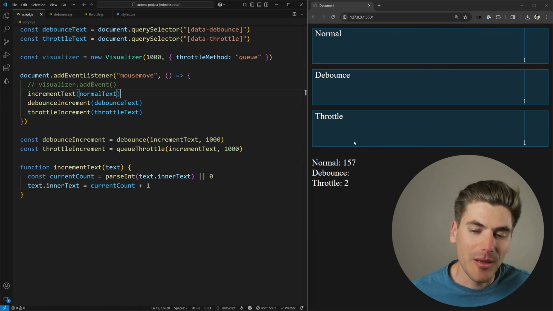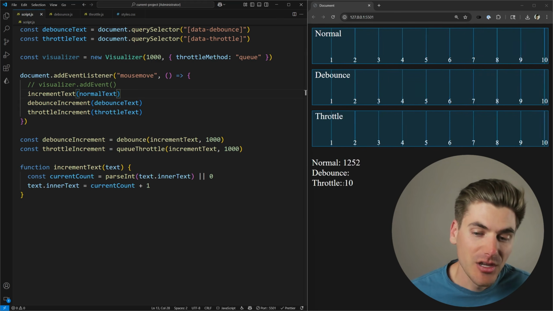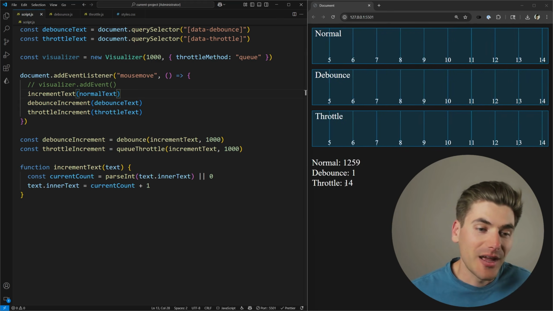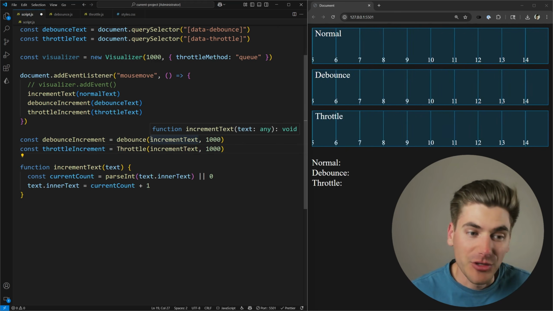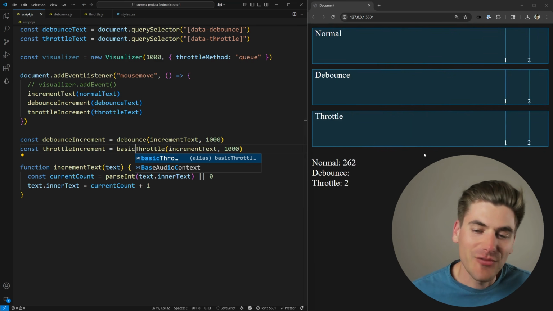But you can see as I move my mouse, I'm getting hundreds of different events called in this normal section right here, which is obviously, I don't want to call my functions that many times because it could really slow down the page. But you can see throttle is only calling once every single second. Now currently I have a queue-based throttle, which is probably not what you would want. You probably want a basic throttle like this, so that way you can see essentially once every second it's calling